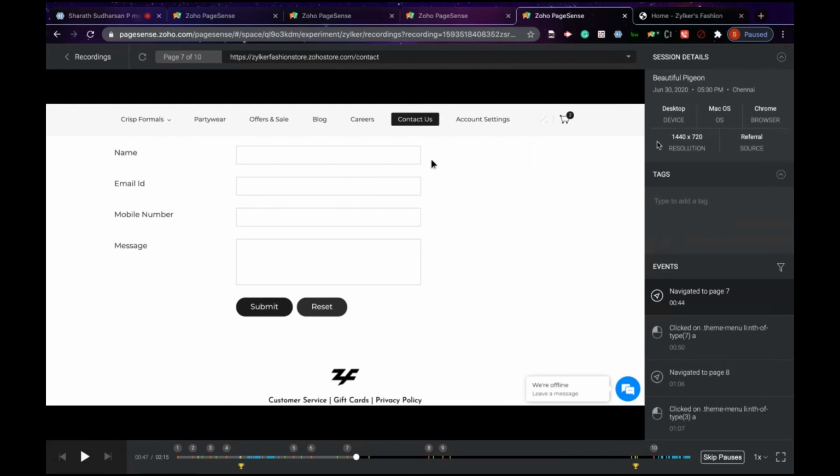And the final feature which we have in session recordings, and the most important one, is what we call the identifier API. For example, if your site has a login session where you will be able to identify the visitor's email address or user ID, you can send it over to us through an API. And instead of providing the random animal names, we will be sharing the specific user recording, which will help you to understand how the user has engaged with your site.